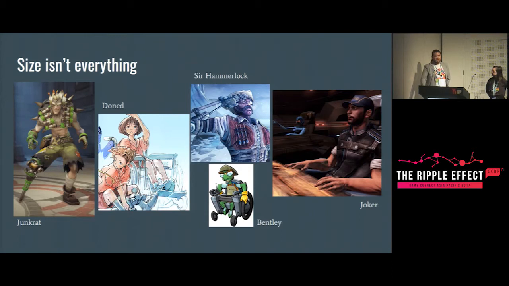They add a whole lot of depth to the world because it shows how that world interacts with ability. It fleshes out your world and makes it more real, and that has huge benefits to how believable your world is and how believable your characters are. Also, the character of Doned in Final Fantasy Tactics Advance, which is a really old game now, that game's entire storyline revolves around that character's relationship with their ability. So have a look at that and how that story pulls that off, because it's very clever.